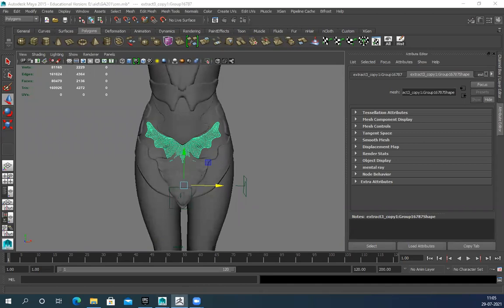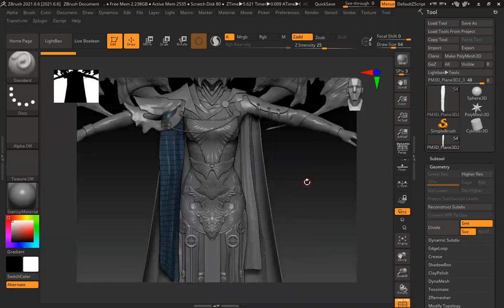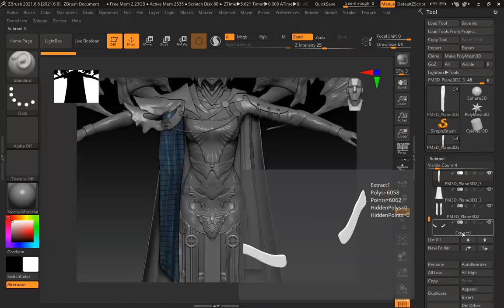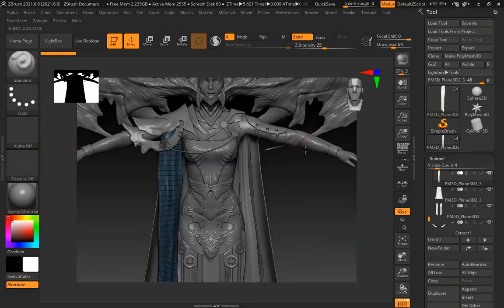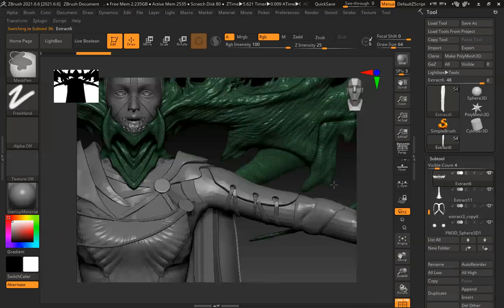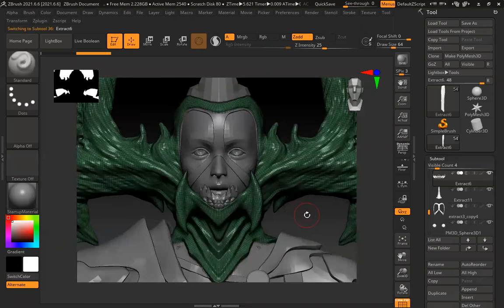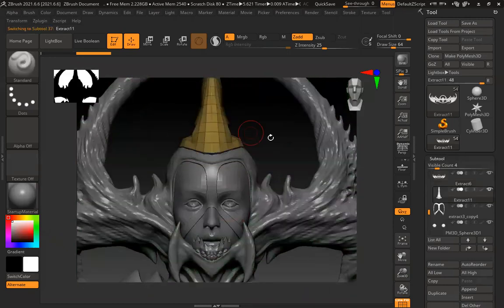Okay, let me open my ZBrush, bring it here. So here is my ZBrush. What I did is I opened my file and switched all the subtools into the lowest division possible. Then I exported things like this one. I can see it's very dense, so I remeshed it once and then exported, just to check which parts I can use directly and which I can simply remesh and use. A few things I can use directly. Like this one, I can see clearly it's very low poly, so I can simply use it directly.